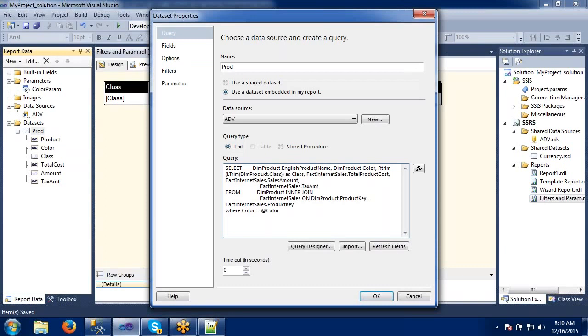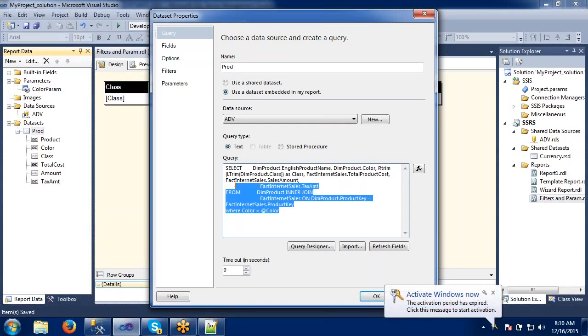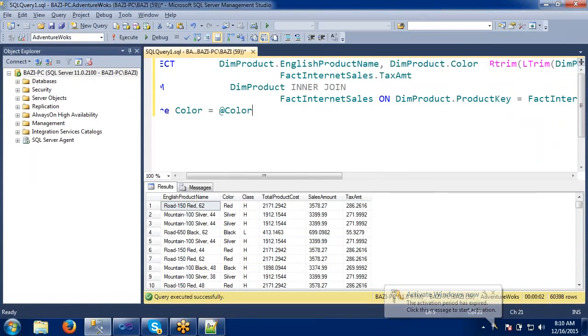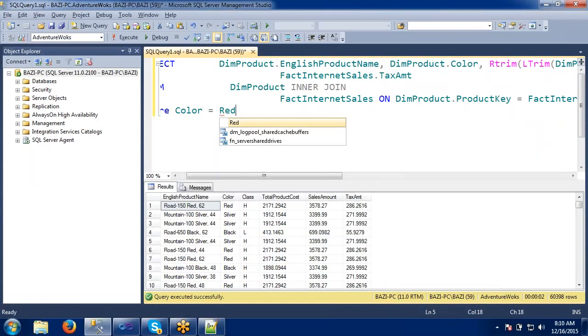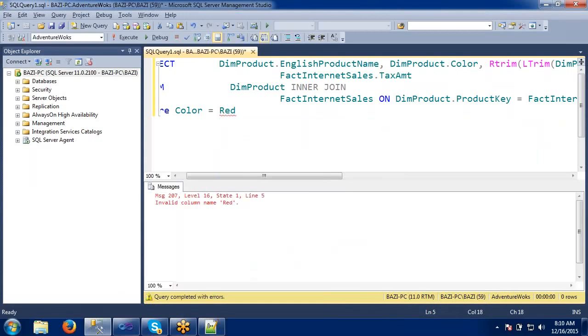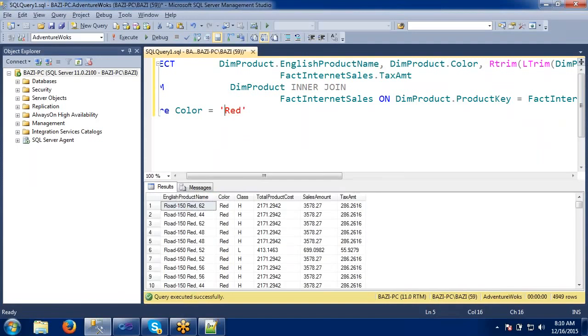So we are passing a parameter to this query here. If I take this query to SQL, then you can easily understand. So here I am applying a color filter. Whenever I give red color, it has to give me red color records only.